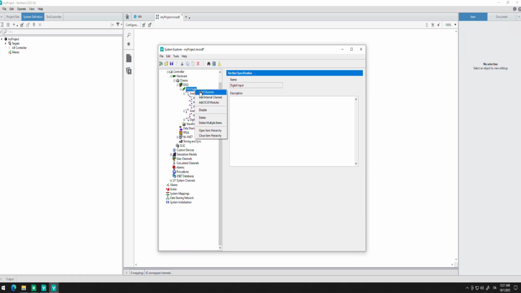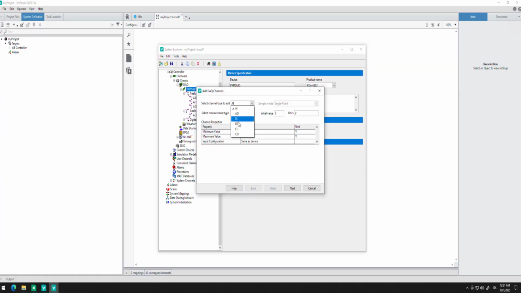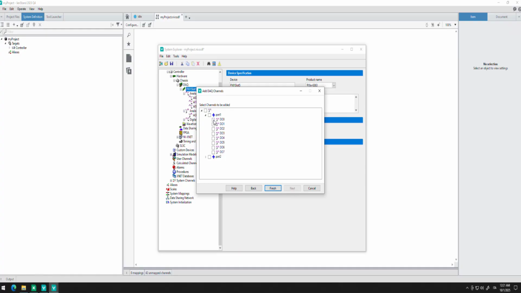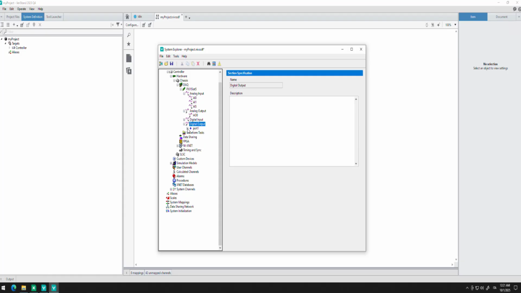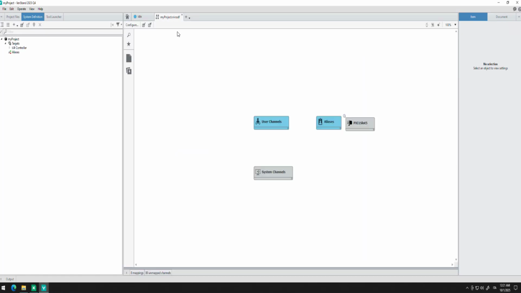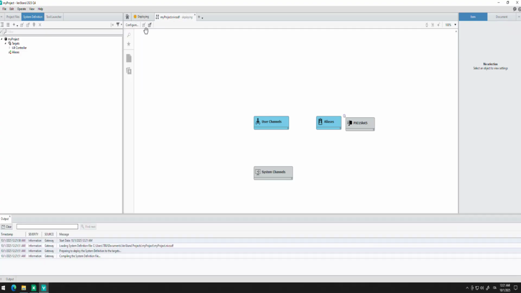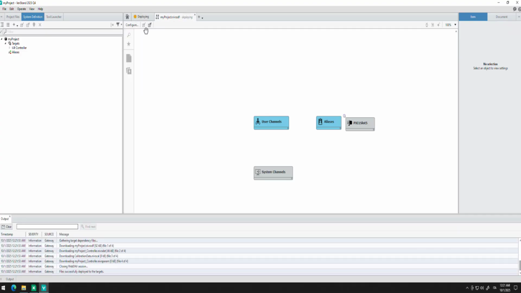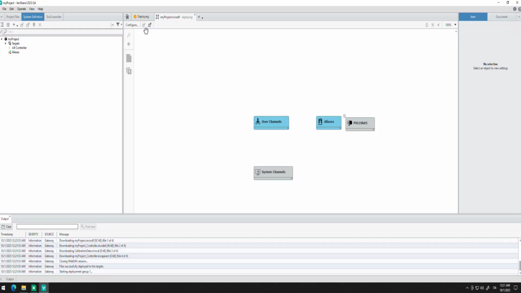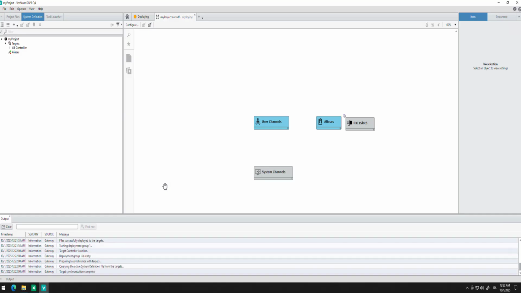I'm going to add a digital output channel now. And I select only a few of them. There we go. I have all my channels in the configuration. Now I can hit save and deploy the configuration on my system. So once the configuration is fully deployed on my system,